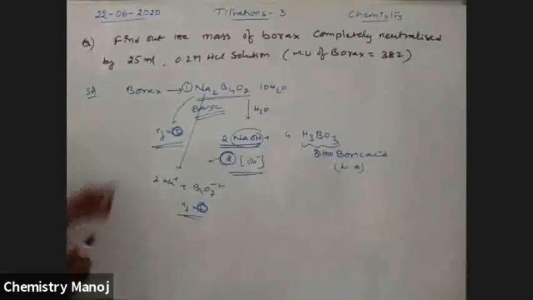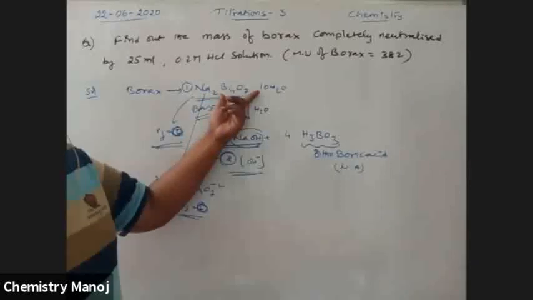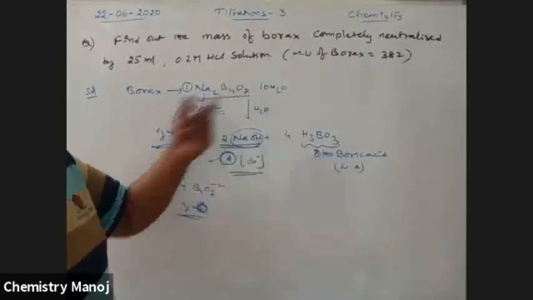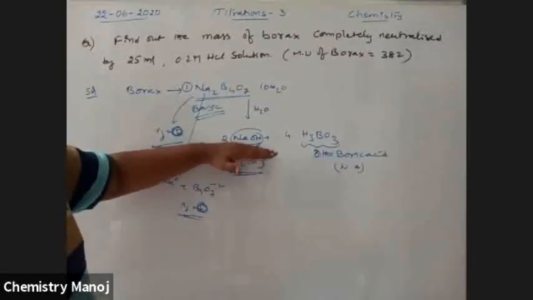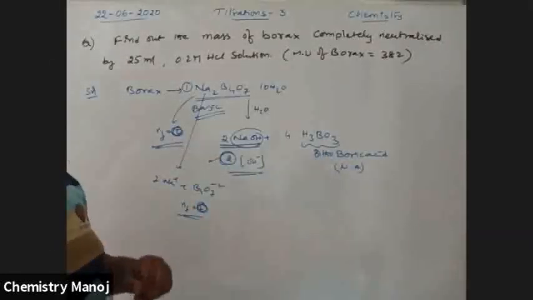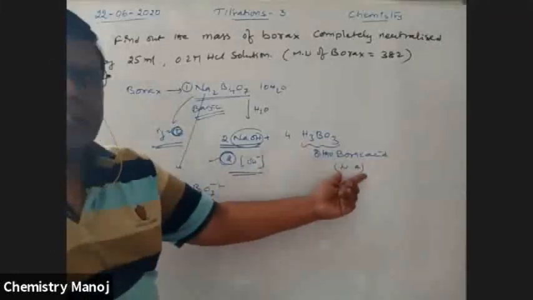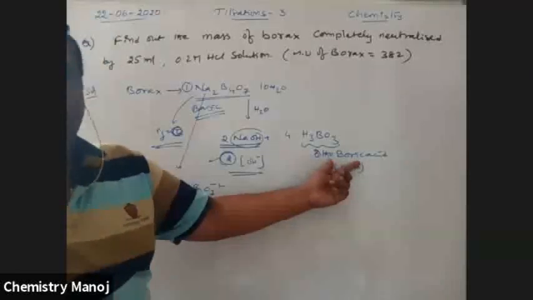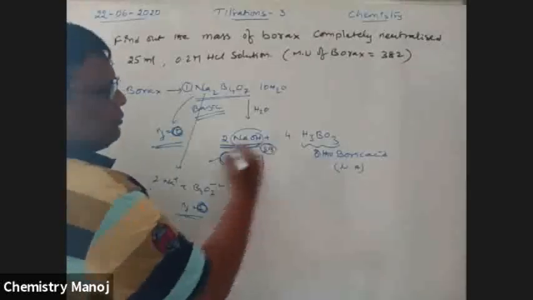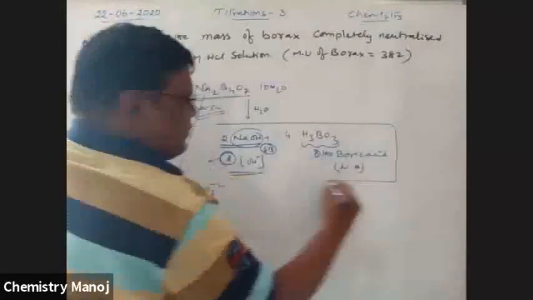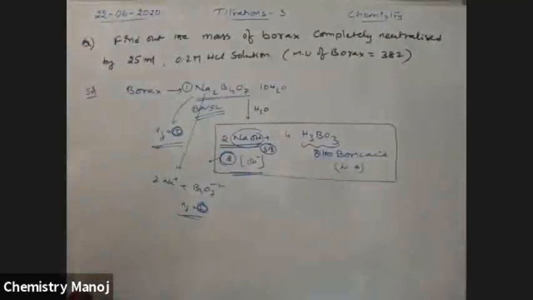See once again. Borax has the formula Na2B4O7. When it is dissolved in water, it breaks down and gives NaOH and H3BO3. H3BO3 is a weak acid, nothing but orthoboric acid or simply boric acid. NaOH is a strong base. That's why the solution contains this mixture. That means it is a strong base, and that is why the entire solution of borax is basic in nature.